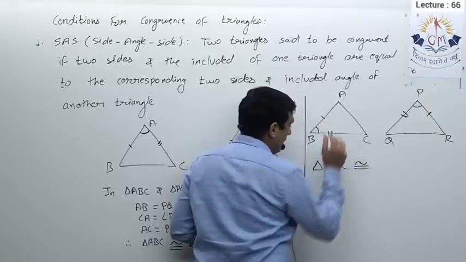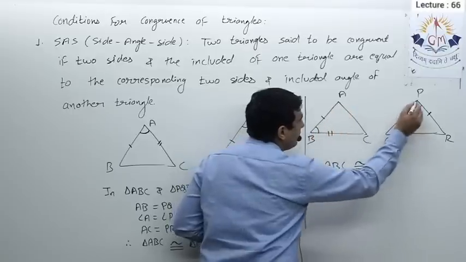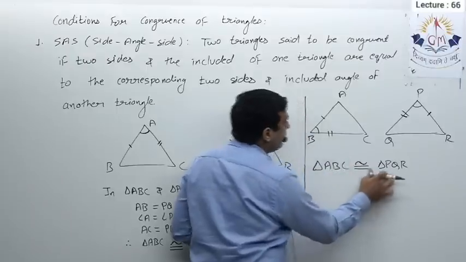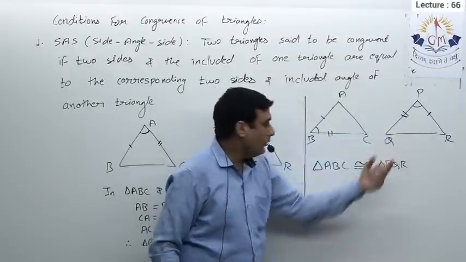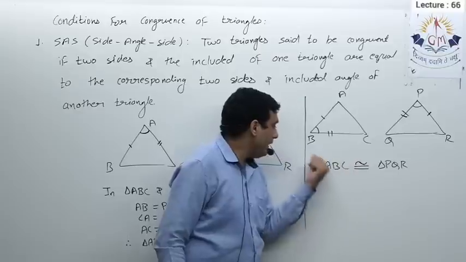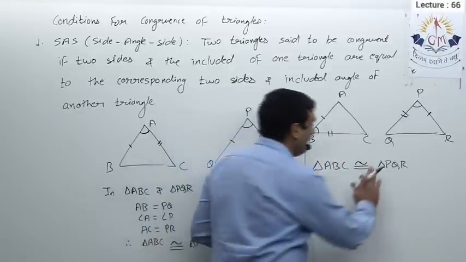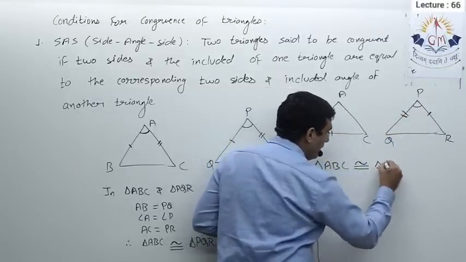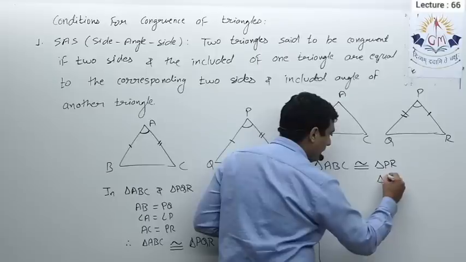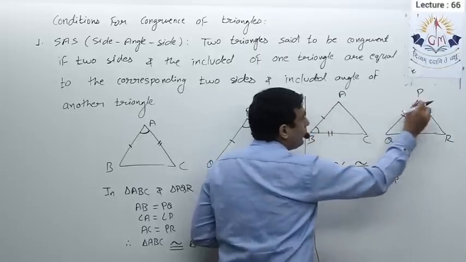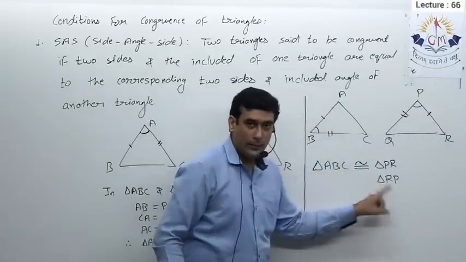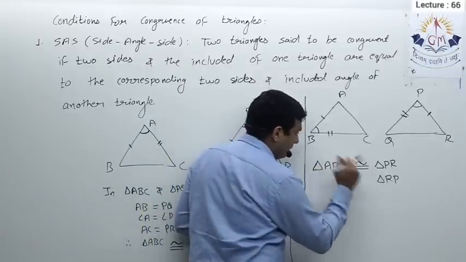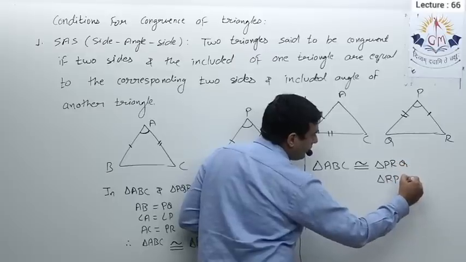Now how to determine this? See, here side AB, yes, side AB is equal to side PR. Here if I write this, then this will be wrong, because AB is not equal to PQ, isn't it? Here AB is actually PR, so you have to write the order in such a way that corresponding sides be equal. So here AB is equal to which side? PR. So here I will write triangle PR, or it is quite possible that is triangle RP, because AB is equal to PR, or I can say AB is equal to RP. Now what about side BC? So either it will be triangle PRQ or it will be triangle RPQ.